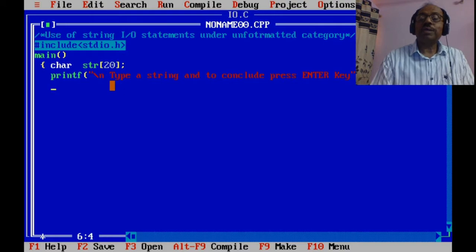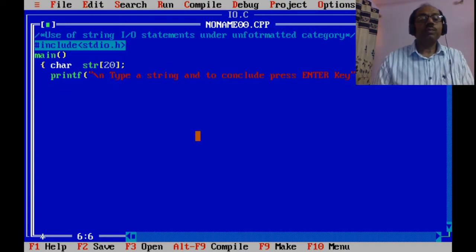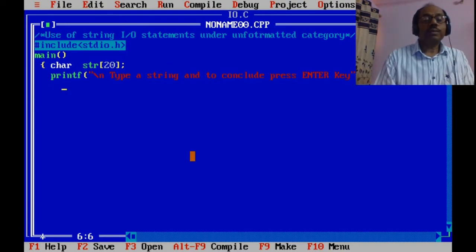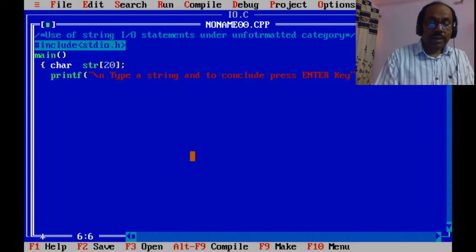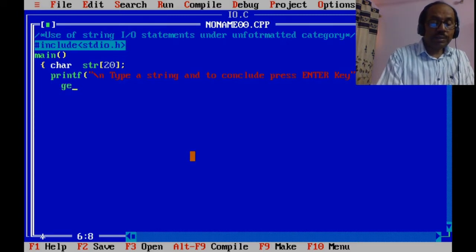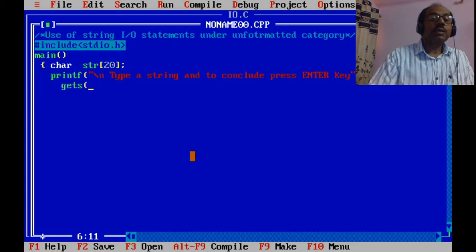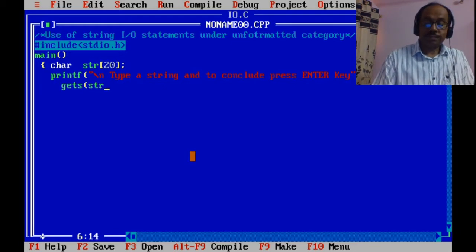So this is our label. Now we are using the input statement gets, gets(str).